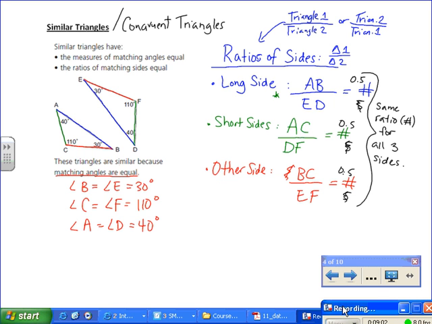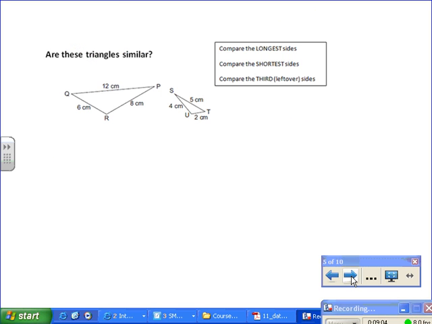Okay. Let's go ahead and just try a question now with some dimensions. So here are 2 triangles. Let's ask ourselves, are they similar? We're not given the angles. If we were given the angles, that's a really quick way to compare them, because we simply compare the 3 angles, and if we have 3 of the same angles in both triangles, in other words, they share the same angles, then I can say they're similar. I don't have the angles, so I'm going to have to compare the lengths of each side. So I'm going to find the ratios